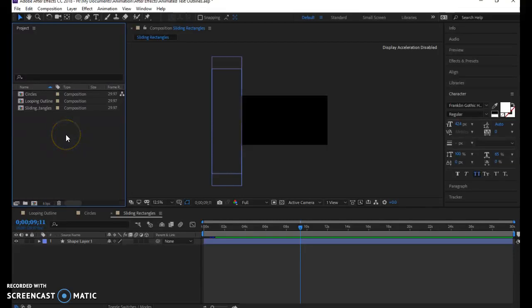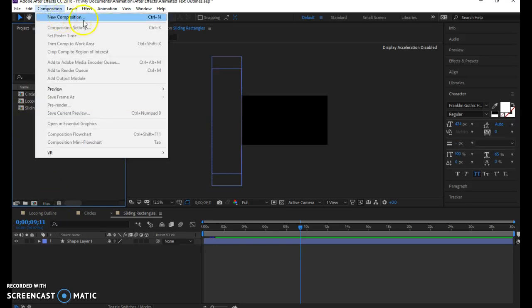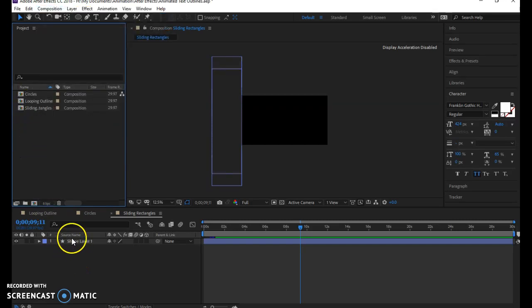So to finish our initials animation, what I've done is to put each of the pieces into their own composition. If you made these together, you can go up and click on composition and choose a new composition, and then copy and paste the layer that you might have into each composition that you want. So I've separated this. I have a circles composition,